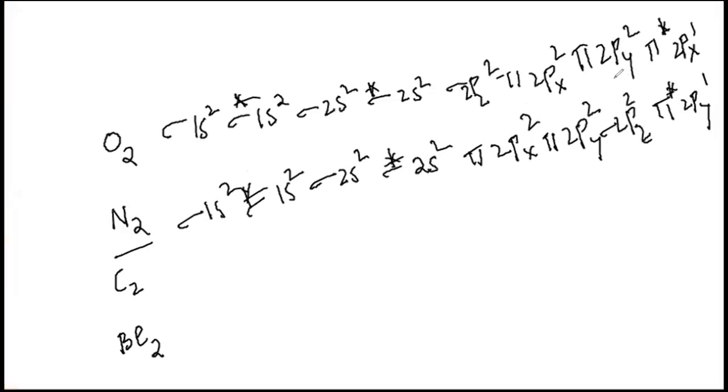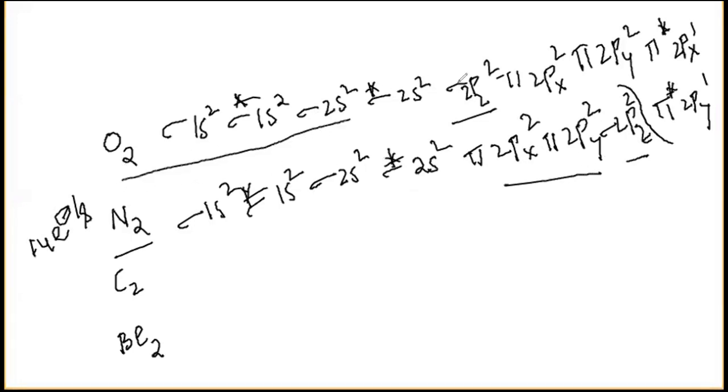Why am I writing like this? For fewer than 14 electrons there is one sequence, for more than 14 electrons another sequence. I am writing sigma 2pz last here, meaning higher energy. When there are 14 electrons or fewer, we write this order. If you take above 14 electrons, sigma 2pz comes first, followed by pi 2px2, pi 2py2, pi star 2px1, pi star 2py1. This is paramagnetic and this is diamagnetic.